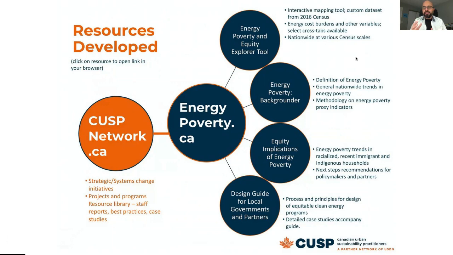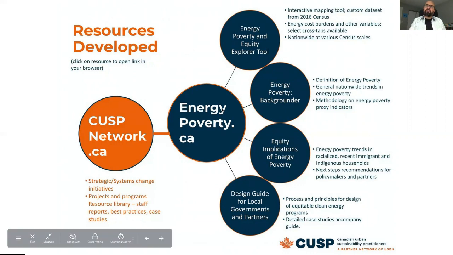And this took about 18 months of prep and wrangling with Stats Canada data. And you can now measure a quantitative proxy for energy poverty, and I'll get into that a bit later, across different geographical scales from census division down to census tracts. And you can cross-tabulate that across a range of variables like demographics, housing characteristics, incomes, and so on. Our website, energypoverty.ca, also has additional information like policy briefs and guidelines.